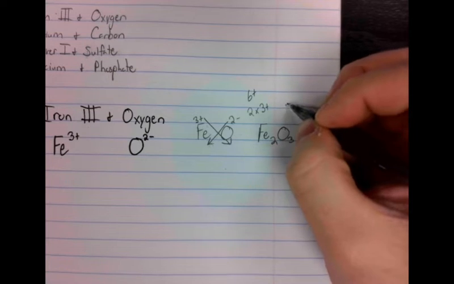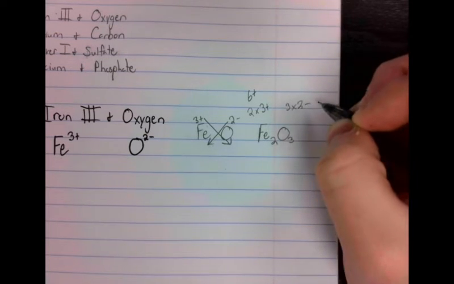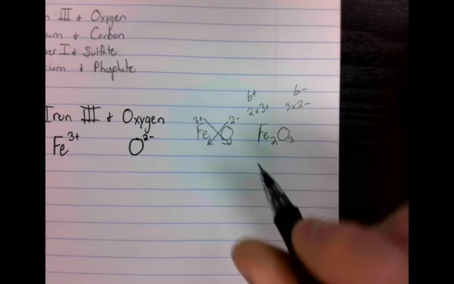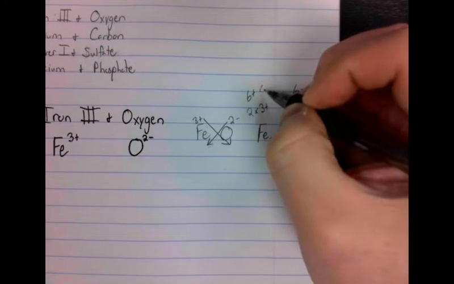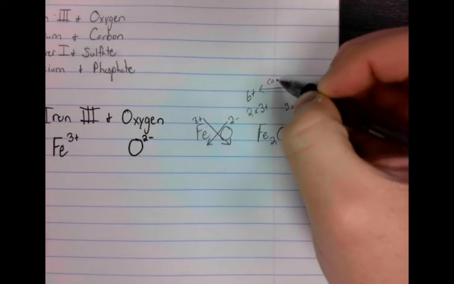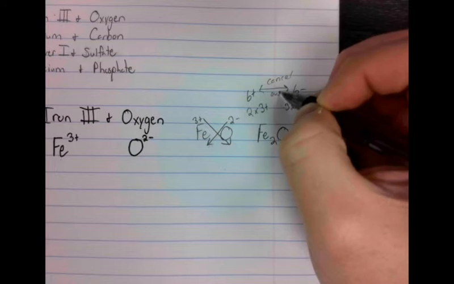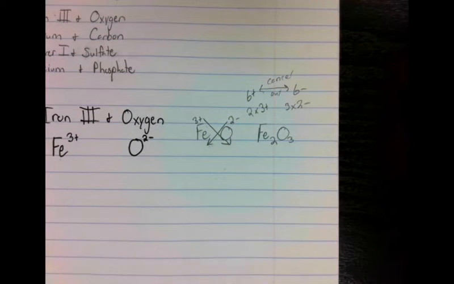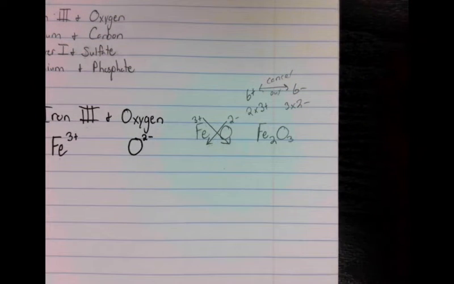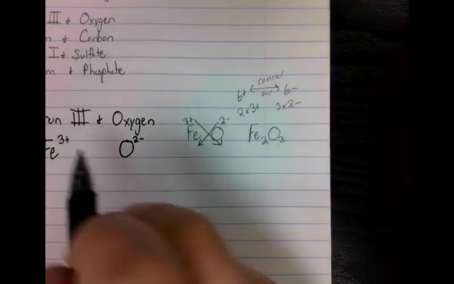And then 3 O's would be 3 times a 2 minus, which is a 6 minus charge. Notice that these two would cancel out, and you'd be left with something completely electrically neutral. You would have no charge whatsoever in that compound. So as our final answer, if iron 3 and oxygen combine, you would have